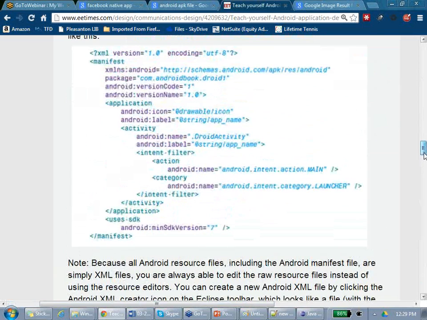Okay. So if you see, this is the manifest file. In that manifest file, you will have an application tag, meaning you are defining an application. You will tell what the icon is to click to open this app, and what the label is on that. Then what are the activities inside this? What is the starting activity? What is the first activity to load? Then what are the intents for this? So you are putting everything into XML. You might write code for how to start, from which activity, the flow and everything of this application.